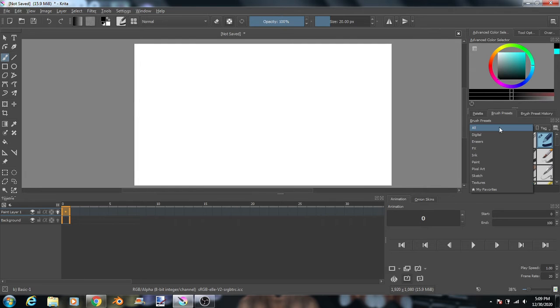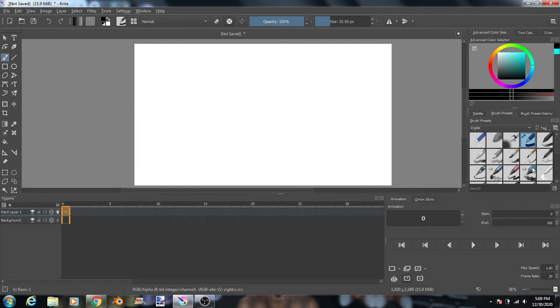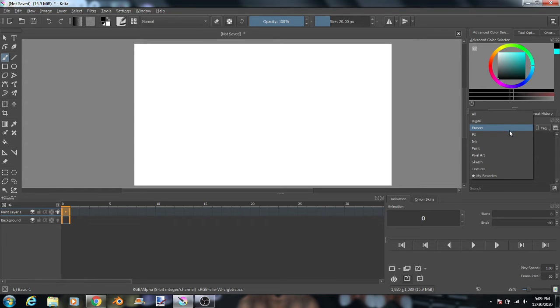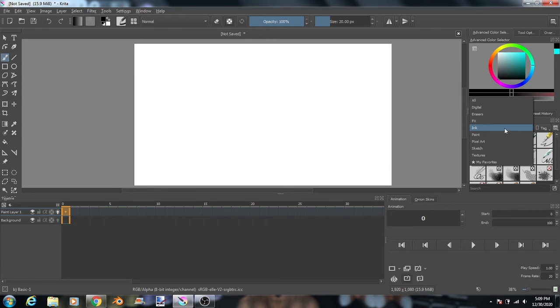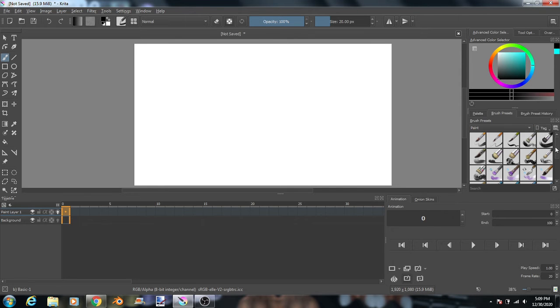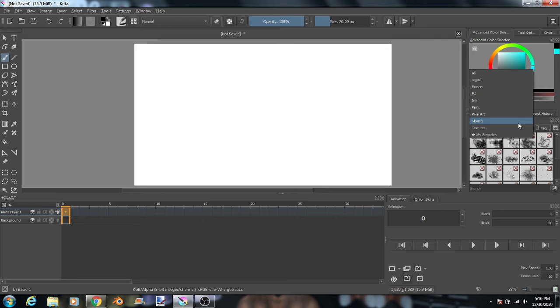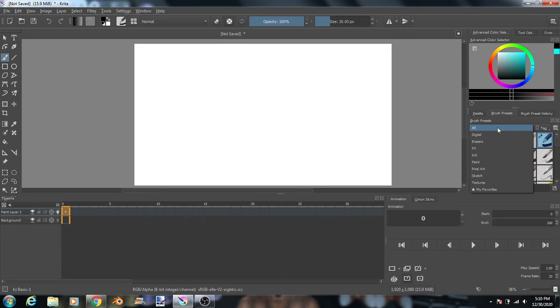So to make it easier, if you click all, it brings up all the digital brushes, or digital style, and then the erasers, and the effects one, and the pixel art tools, and then ink, so like pen tools, and paint tools, and pixel art tools, and sketch tools, texture tools. So I like to, when it's in the setting of all, I like to use this one right on the